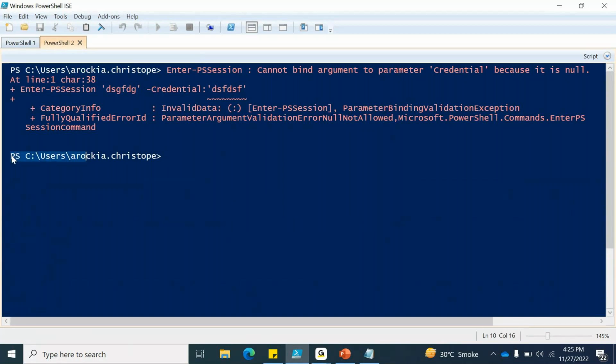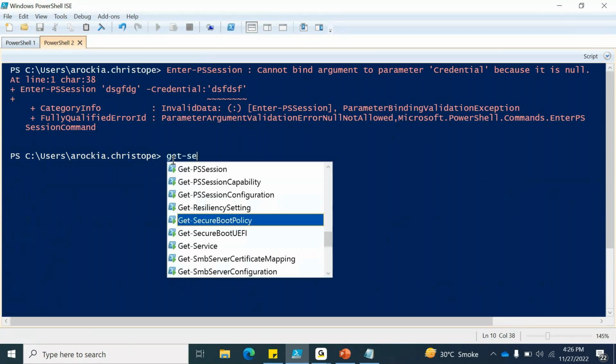So it will be changed with the remote server's PowerShell. Instead of this one, you can see the remote server name here, the remote server followed by the PowerShell path of that remote server. After that, whatever you are typing here will work on the remote machine, not from the local host,